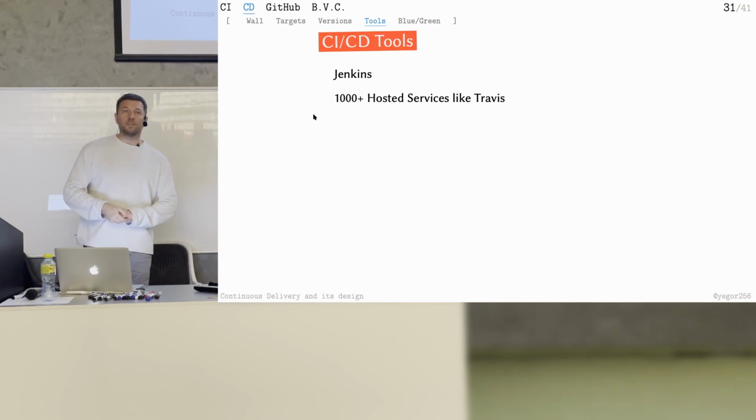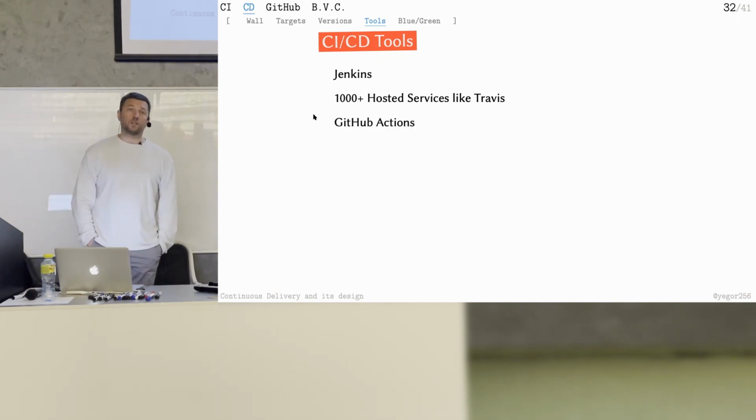The second option is hosted services like Travis. So if you go for Travis, Google Travis CI, that was after Jenkins. They showed up on the market, I don't know, maybe 10 years ago, maybe less. Travis is very good. You don't need to pay for anything. For open source projects, it's all free. So you just configure it there, you give it the script, and it will run the script and give you the badge. Everything will be nice.